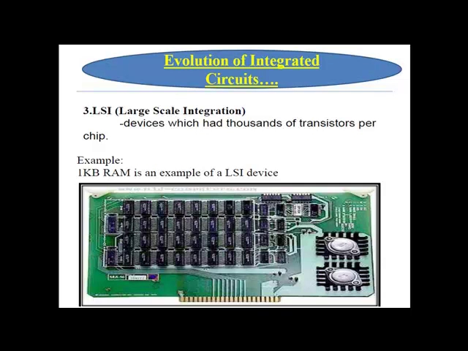In this technique, 300 to 3000 gates per chip, or you can say 1000 to 20,000 transistors per chip, are mounted on the same size of silicon wafer. Here in this technique, we can provide much more functionality in the same area. For example, 8-bit microprocessor, ROM, and RAM are fabricated using the LSI technique. In the slide I have shown the circuit diagram for the 1 kilobyte RAM. This is an example of an LSI device.